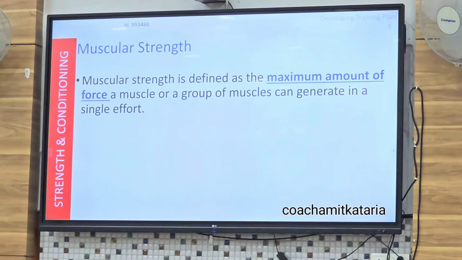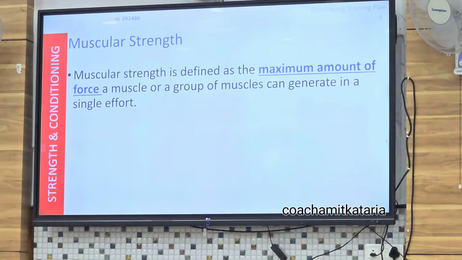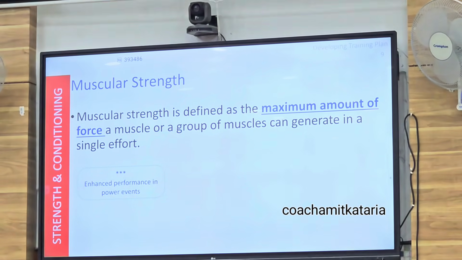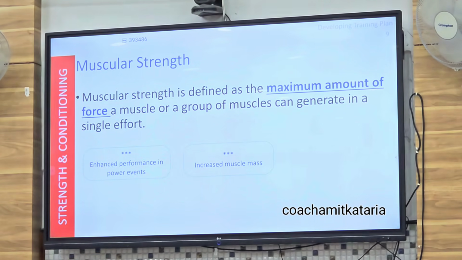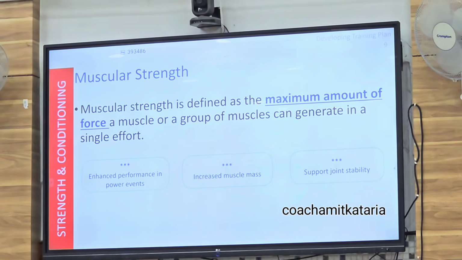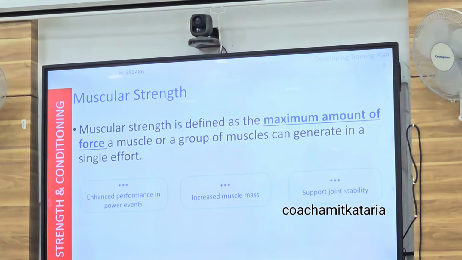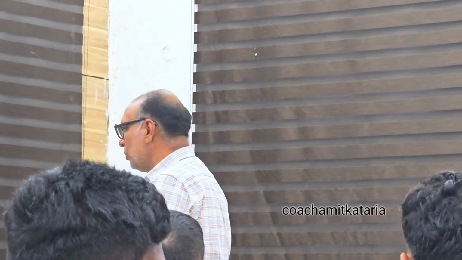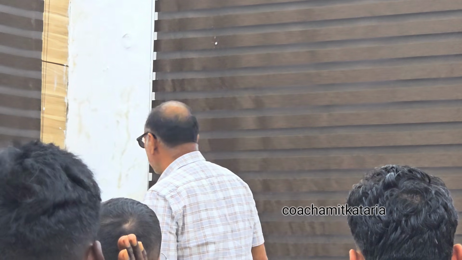muscular strength. Muscular strength is defined as the maximum level of force a muscle can build in a single effort. It enhances performance in all the events, increases motor support and joint stability. अभी जैसे एग्जांपल दिया, one is functional, one is skill-related fitness, one is the strength. मैंने बात की soleus muscle, the calf region. It is mainly used during the walk. I think, if I am not wrong, soleus muscle has more slow fibres,